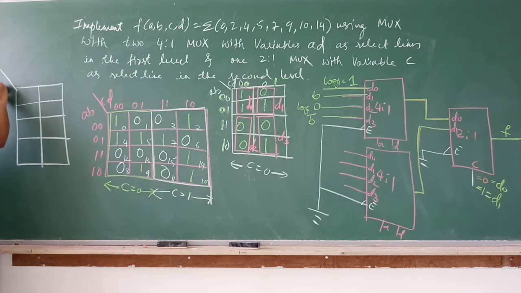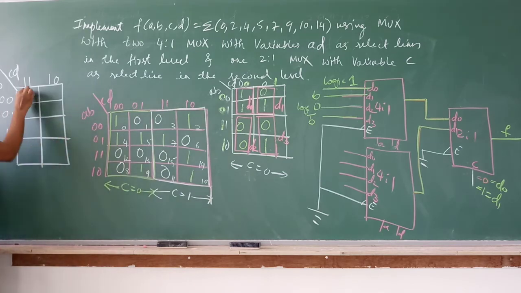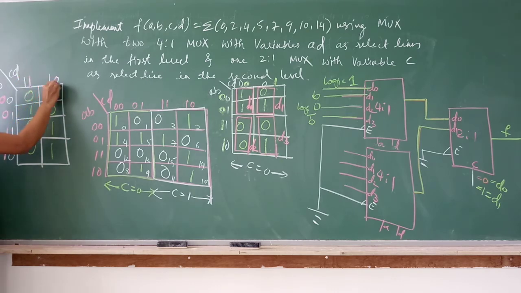Okay. So this is AB, this is CD. 0, 0, 0, 1, 1, 0, 1, 1. 1, 1, 1, 0. Correct? So 0, 0, 1, 1, 0, 0, 1, 0, 1. Right? So now, again mark where AD is taking 0, 0, 0, 1, same as whatever we have done for the first. So this is A, this is D.